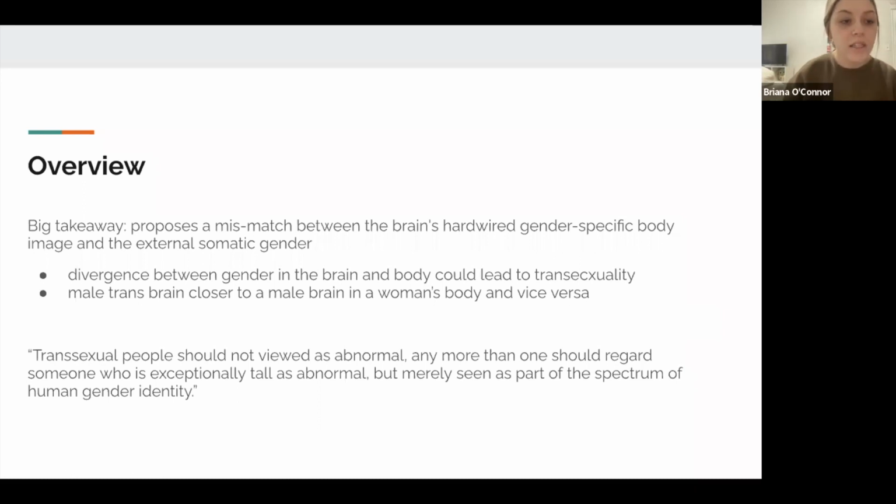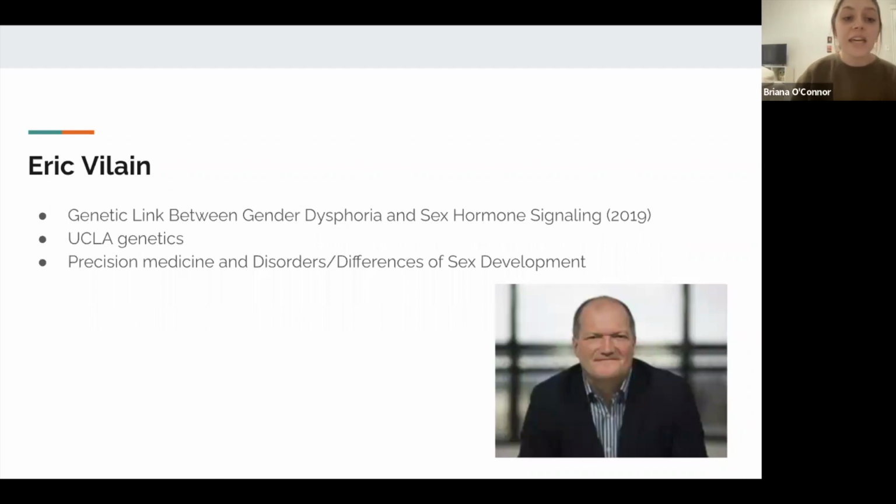And just one really interesting thing that he did mention in the paper was saying that trans individuals should not be viewed as abnormal, but as part of a gender identity spectrum, relating it to height, which brings us into the genetic component of our next paper, which furthers the idea, analyzing a genetic link between gender dysphoria and sex hormone signaling. So the first author for this paper was Eric Verlaine, who was a professor of human genetics and pediatrics at UCLA School of Medicine,